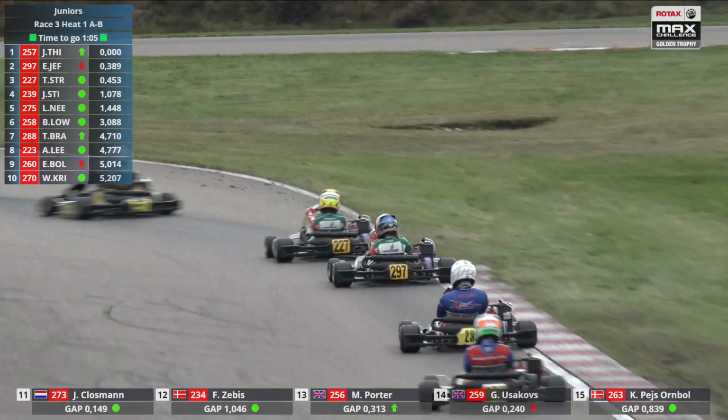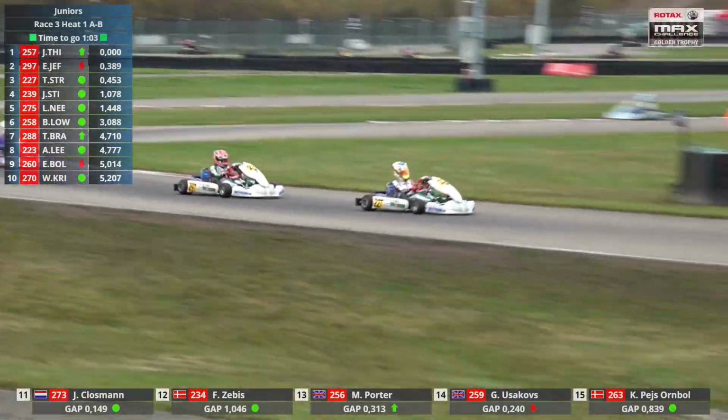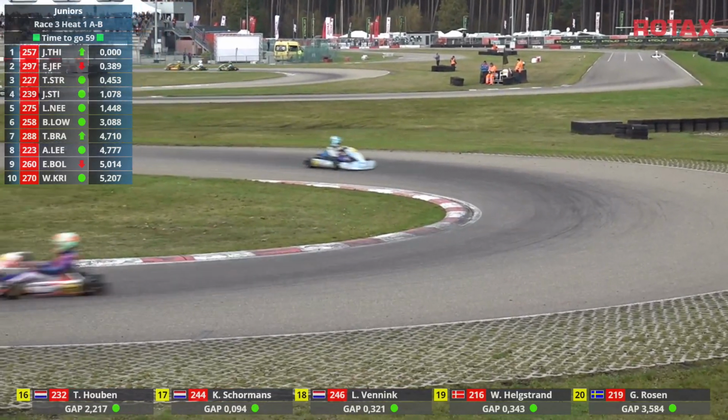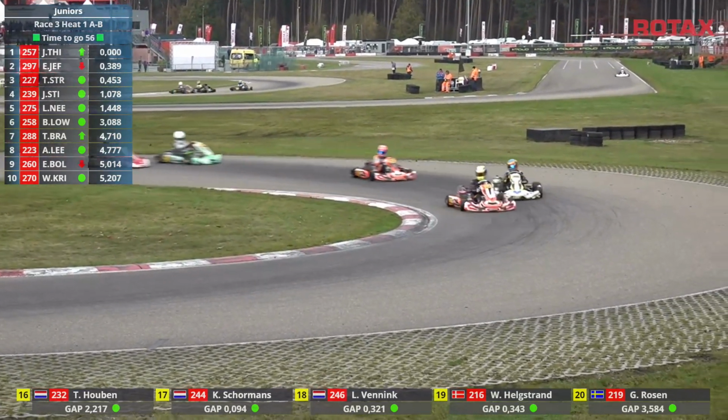It was nearly 1.5 seconds between the top 5. It's looking to be maybe just a fraction over a second. The biggest bone of contention is if you're battling for the lead of the race, or even...